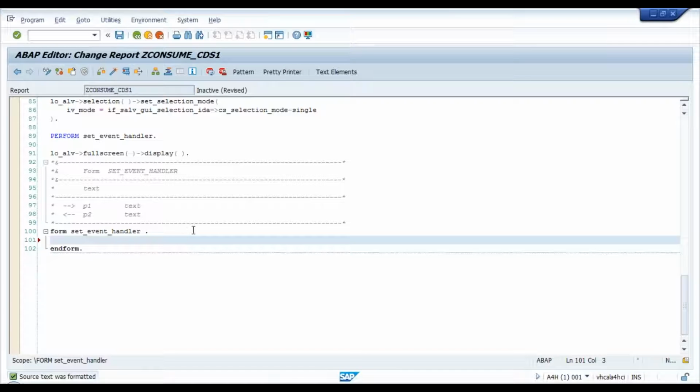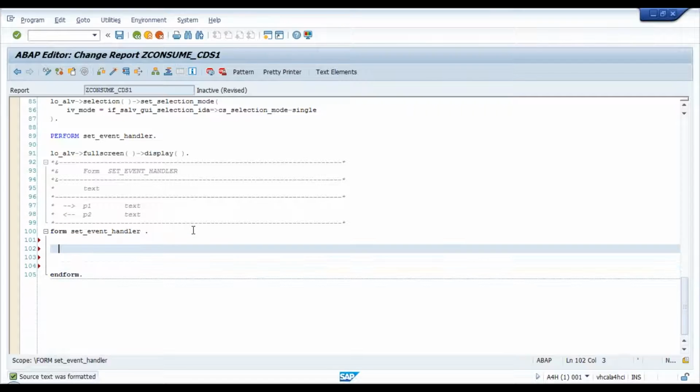Anybody, which concept do you use to implement event handling for an ALV custom button? Anyone? With your OOPS ALV, which concept do you use? Anybody? Which concept do you use to implement functionality for your OOPS ALV? Any custom button? Nobody remembers? We use local class concept. So let's create a local class